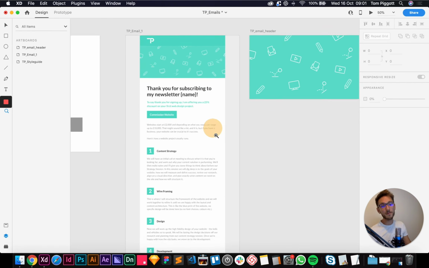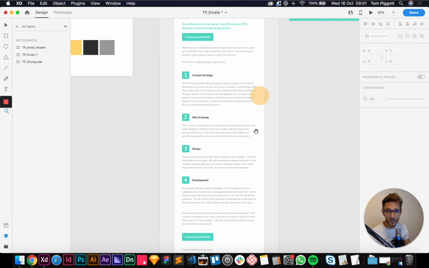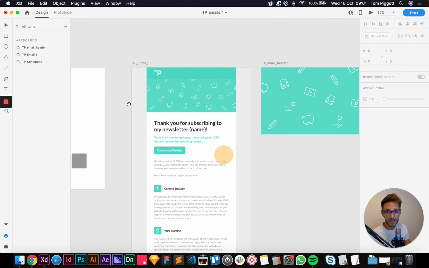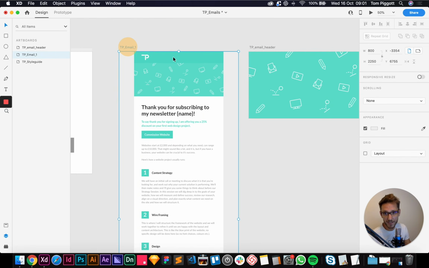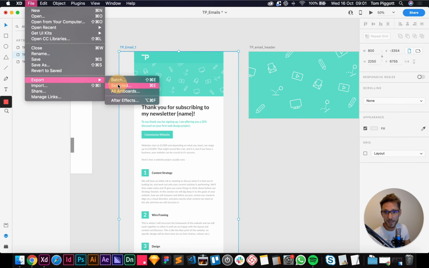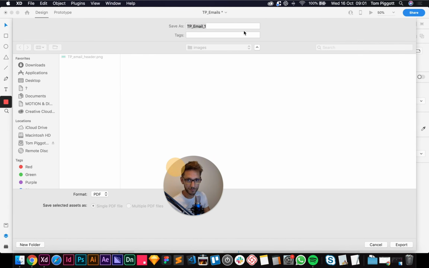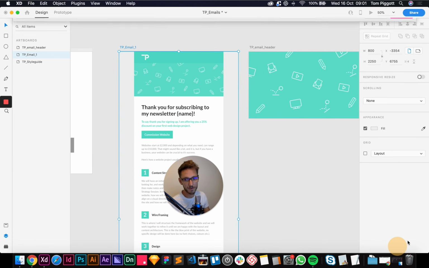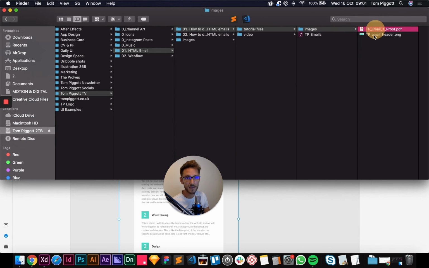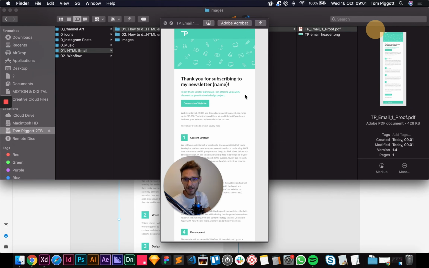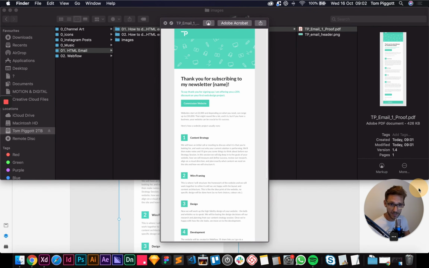And then, if you're working for yourself, this is stage 1 done, I'm pretty happy with this. Or if you're working in a team, what you can do is select your email at the top here, file, export selected, then you can choose what you want to save it as. So you could save it as a PDF, and then you could call it whatever you want. So say if you call it proof, and then you have a PDF here, and then you can email that up the chain of command to whoever needs to sign it off, and they'll come back to you with millions of changes and whatnot, as is the case all the time.